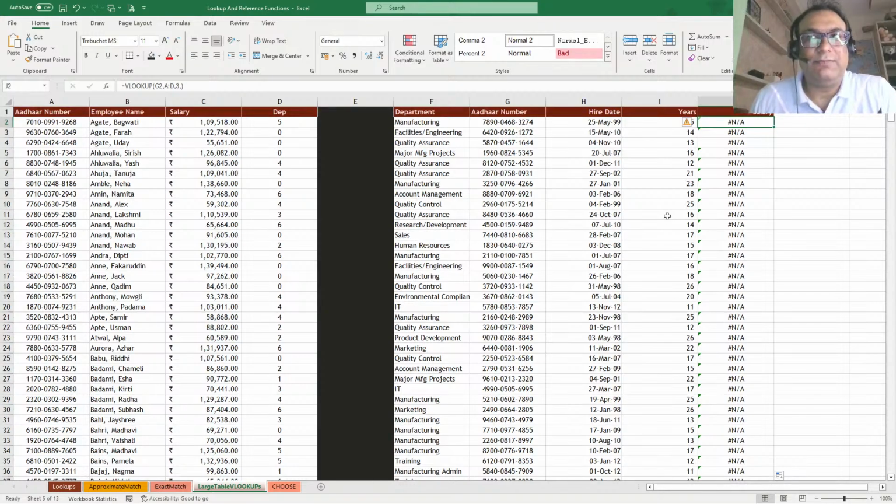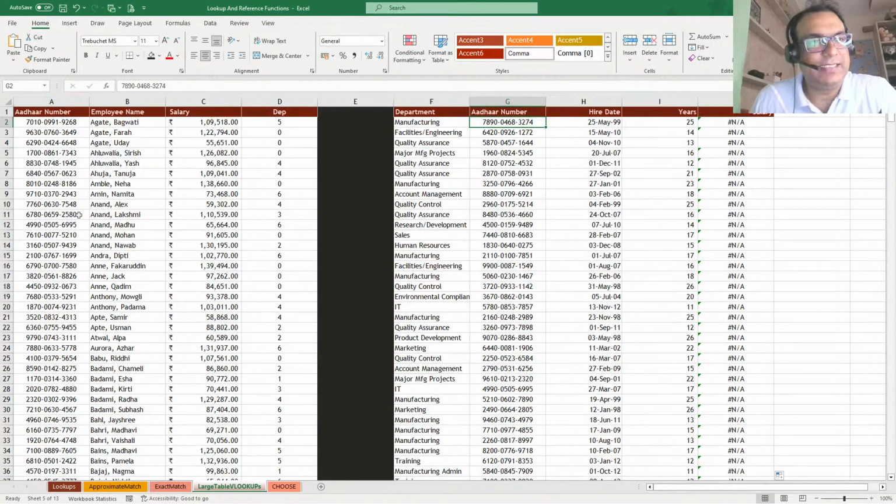Sometimes your formulas are correct but you may not get an answer because this sheet might not have been prepared by you, so you don't know what is happening here. The first thing is you need to trust your formulas. Maybe they are working fine, but you need to understand that there could be other reasons for not getting an answer. Over here, let's check out the Aadhaar numbers. So do we have this Aadhaar number in this list? It says